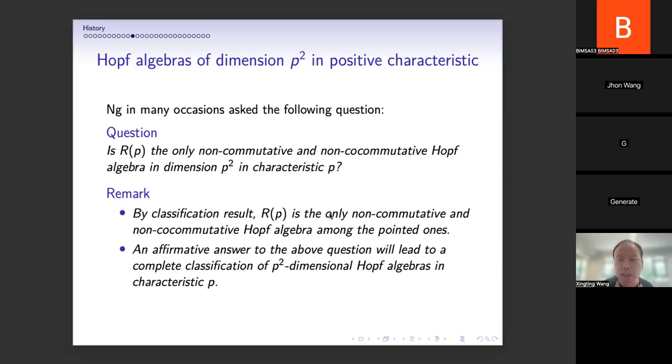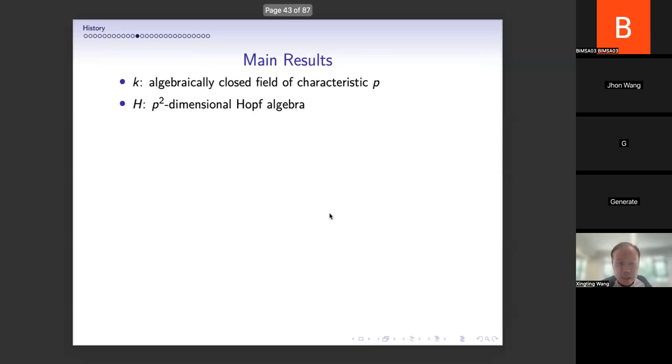So if that's the only exotic Hopf algebra there, then everything else is pointed or dual pointed. That's also a consequence that will complete the story of the classification. So now,